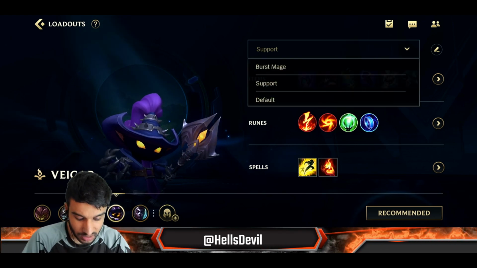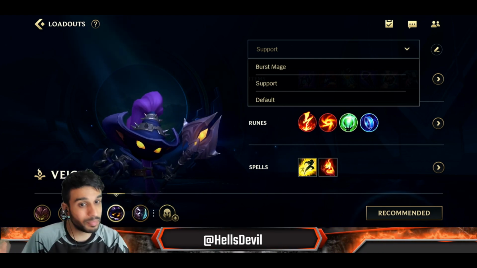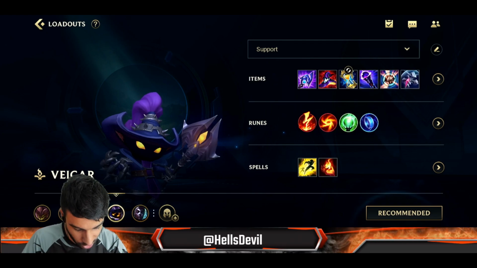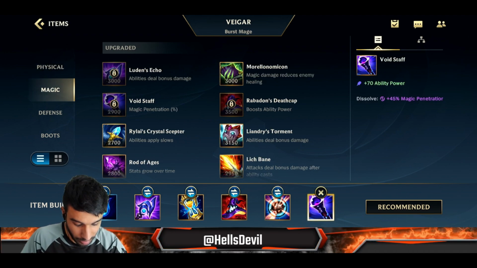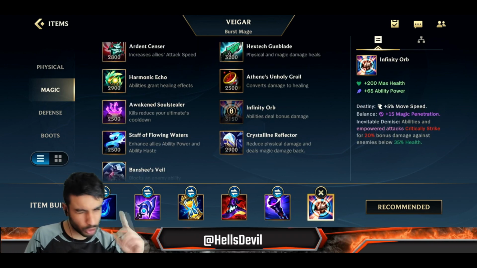But let's say you're up against a Katarina, or up against Lee Sin, or up against Annie. You know, these types of champions. If you're up against these types of champions, there is one thing that changes, and it's this one. All right, so the build is practically the same. Let me make it exactly the same for you guys. You know, you have the Luden's Echo, Rabadon's Deathcap, Void Staff, and Infinity Orb, but there is one more item